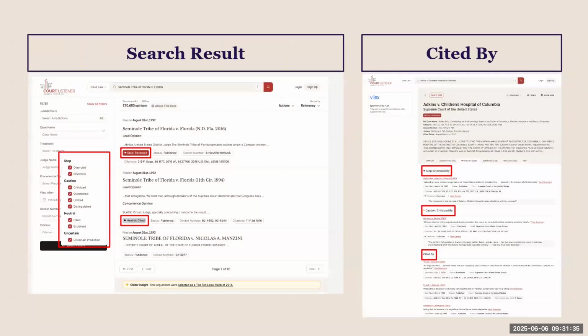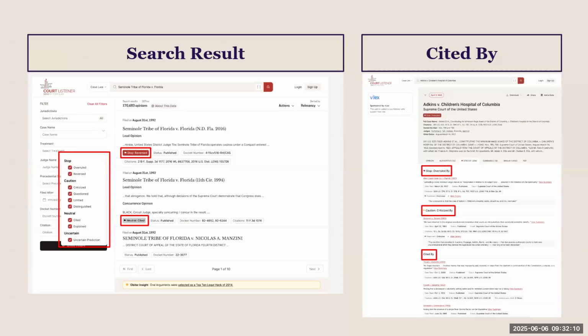So the citator is going to be primarily presented in two views, which is the search result view as this and the cited by view. Before I dig into these, I just want to mention that these are really preliminary prototypes for us to visualize what the final product might look like. These are by no means the final predictions, and as you can see here, we still have a lot of work to do to provide a better user experience and also take accessibility into consideration.